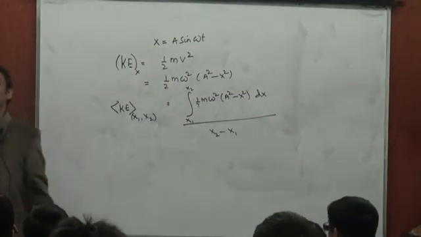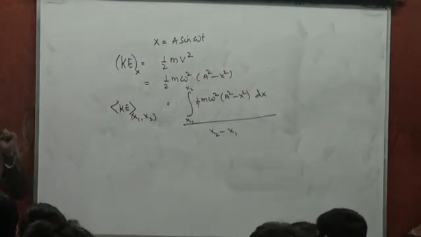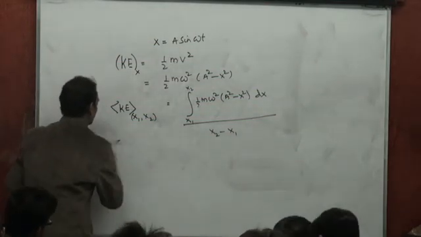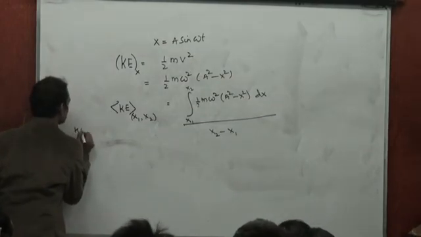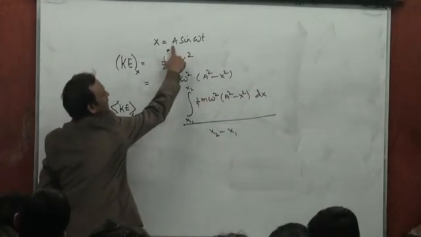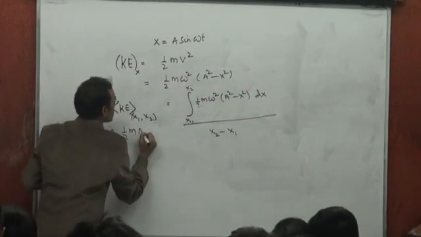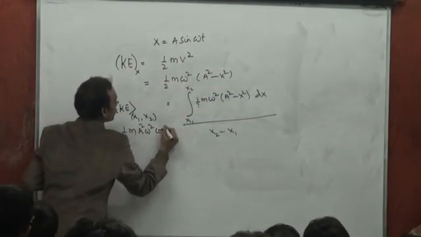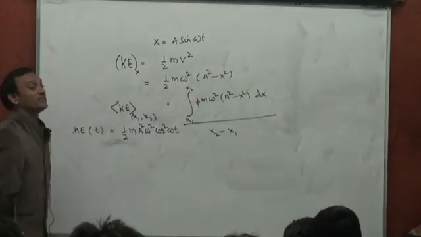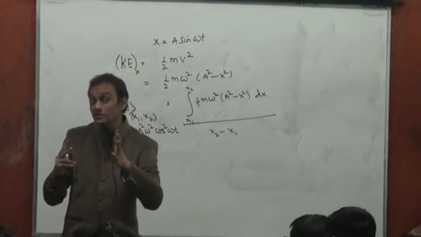Sometimes they would ask average kinetic energy in terms of time, when t changes from t1 to t2. So kinetic energy written as a function of time: half m, v is a omega cos omega t, so a squared omega squared cos squared omega t is kinetic energy as a function of time. And when they say what's the average kinetic energy in the interval t1 to t2, that means